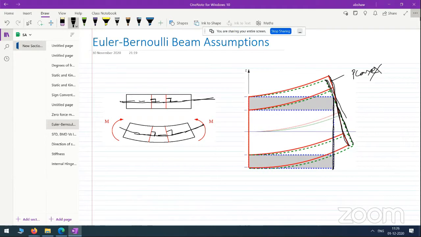You recall, idealization is one of the important steps we do in any analysis, and every idealization is based on some assumptions, right? Here our assumption is the deformation is small. So in many cases, the deformations are not so small. In those cases, when plane sections remaining plane, the assumption cannot be applied. In those cases, we have to consider the actual deformation